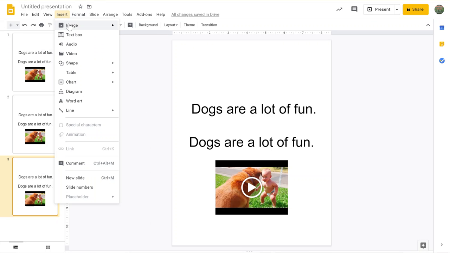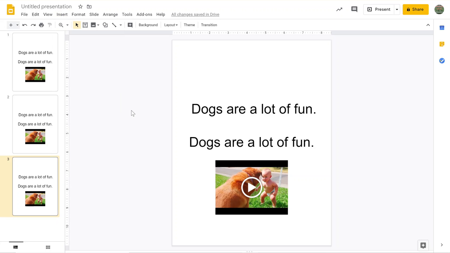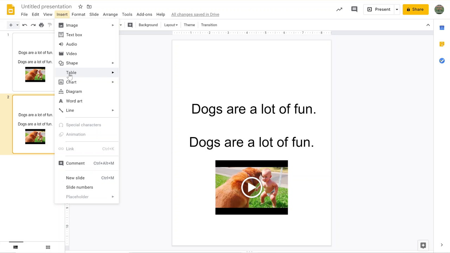If I come up to Insert here, I do have a few more options for inserting on a slide. Keep in mind, when you're creating an interactive slide deck, you can set up everything for your students, or you can simply have a slide where students are told to use tools up here in order to add things of their own. Maybe they have to draw certain digital shapes, or maybe they have to insert their own table and add information to that table, or create a chart. So not everything that you do in an interactive slide deck needs to actually have all the pieces made. Sometimes it's appropriate to have students make their